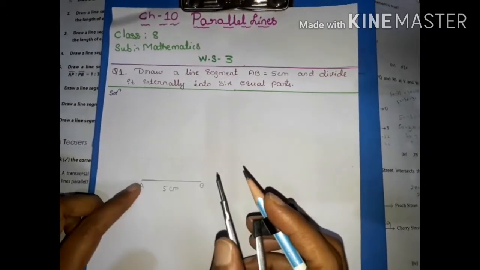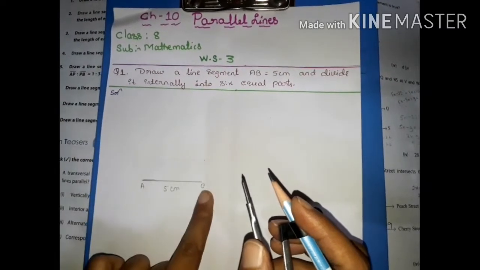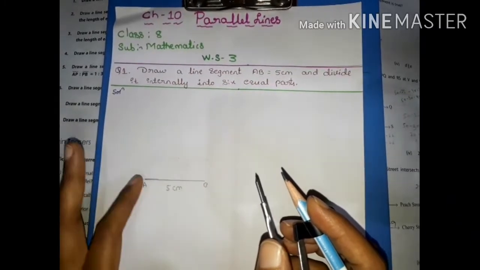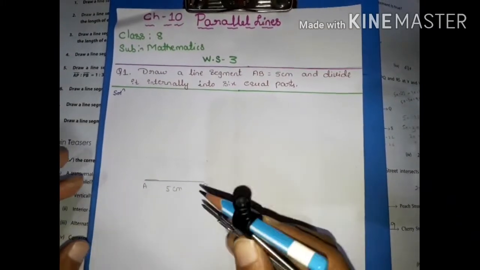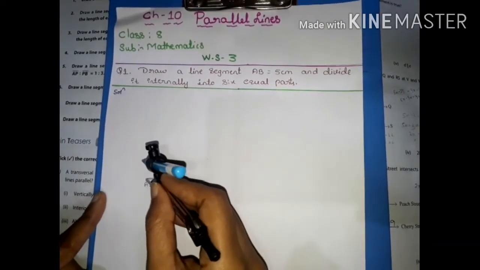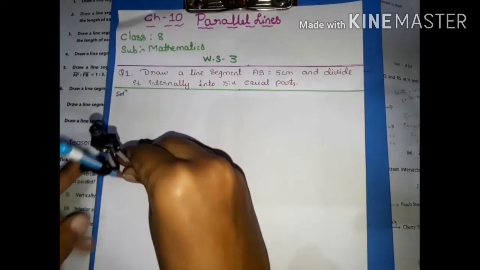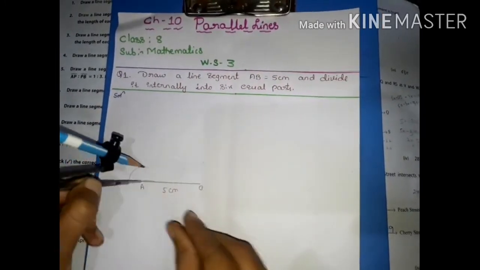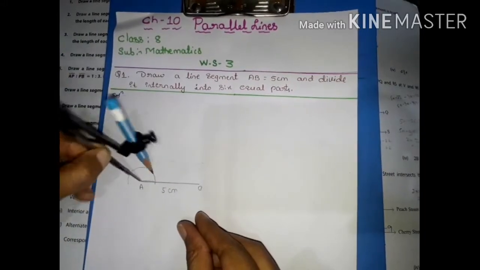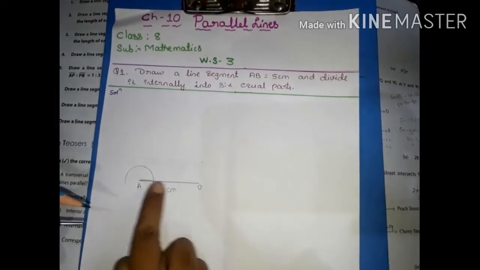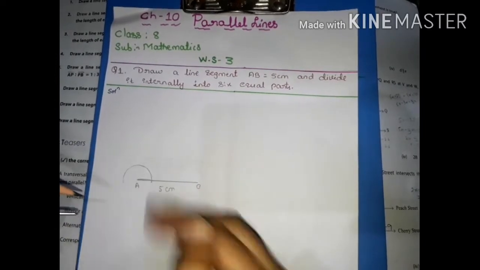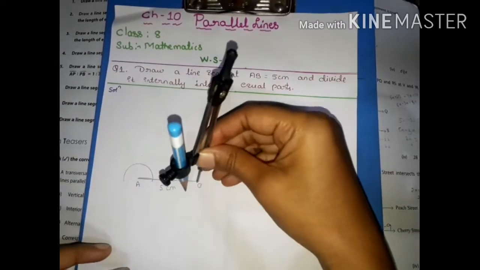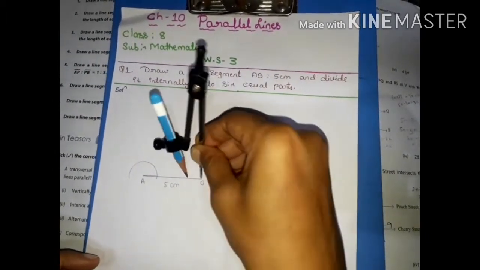Using the compass, construct 60 degrees at point A and also at point B. On opposite sides you have to construct an acute angle, that is 60 degrees. To construct this, at point A, draw a semicircle of any radius. That semicircle should touch the line AB. Similarly, on the opposite side at point B, below the line segment AB, draw another semicircle.